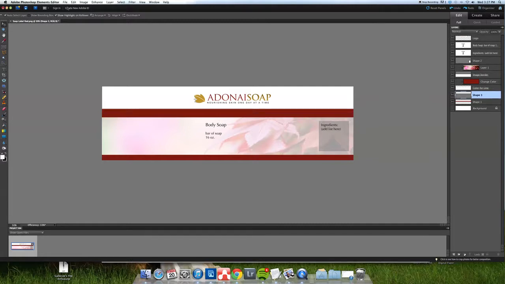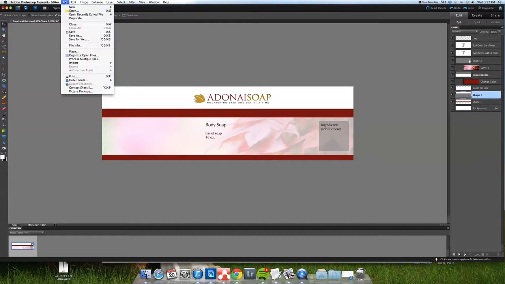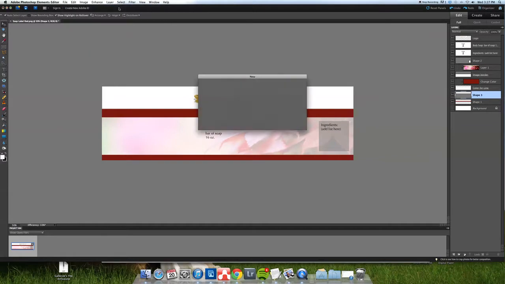To do that, you can come up to File and press New, Blank File. It's going to pop up a little box here. You can name it. We're just going to name this hair treatment. And you can tell it what to do. There's presets. The default size is a 4x6, like your 4x6 pictures. But you said the width was 10 inches, so we're going to put 10 here. And the height was 2.7, so we're going to put